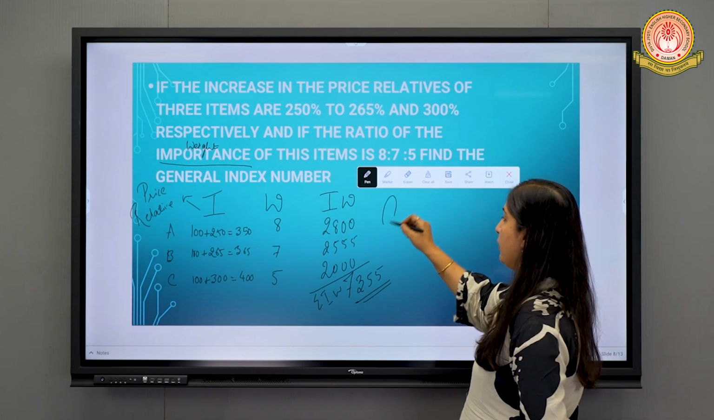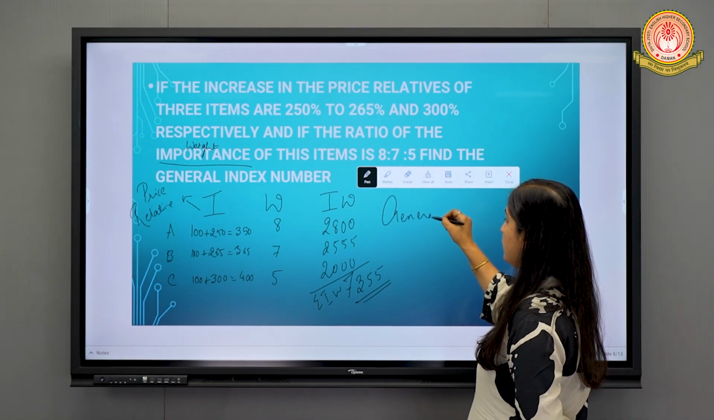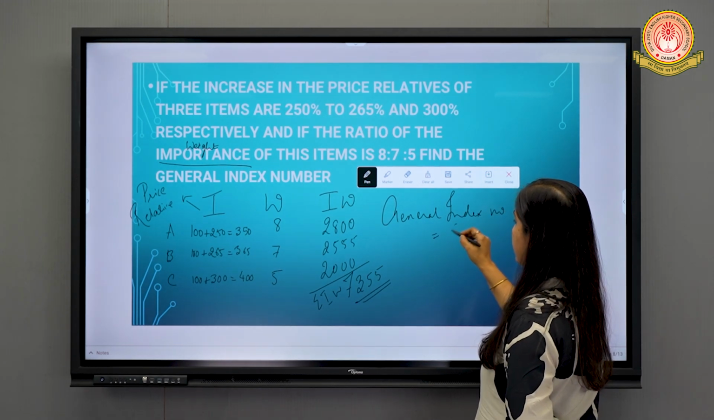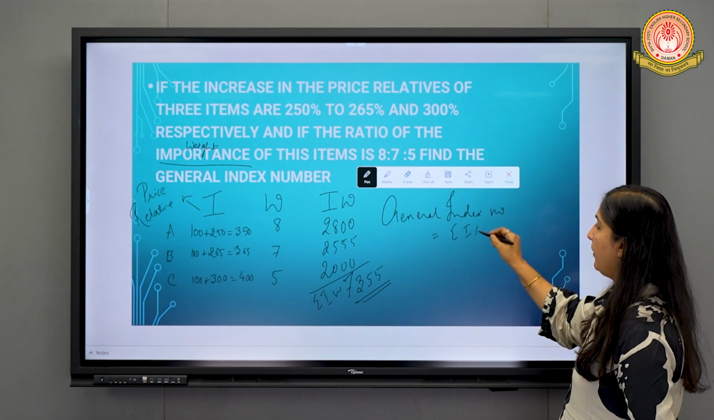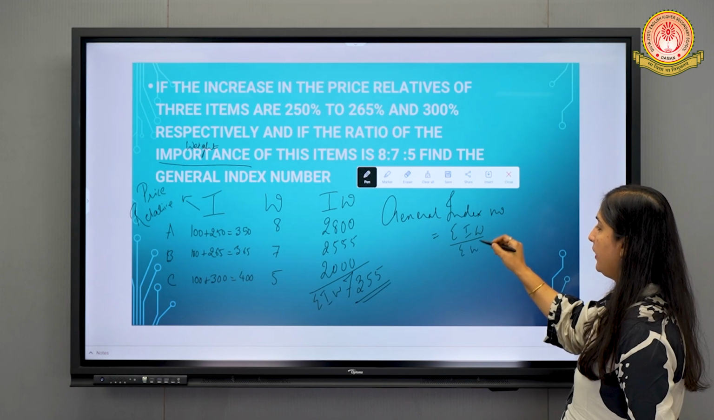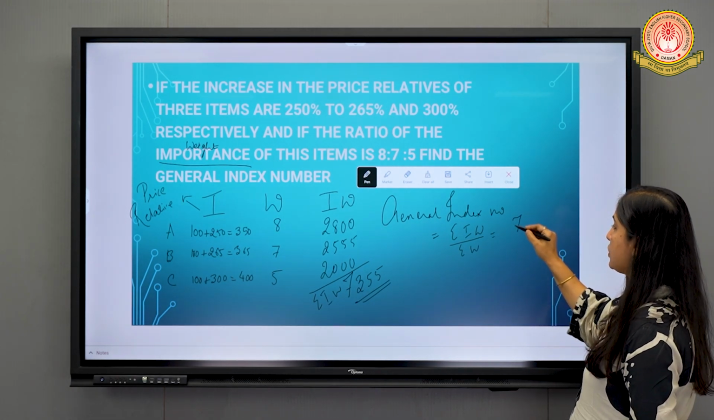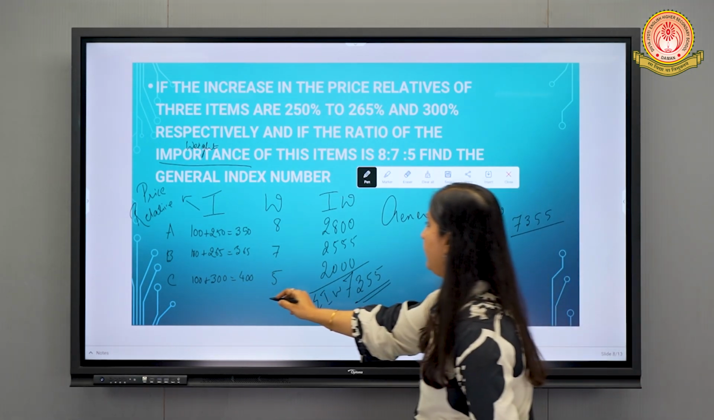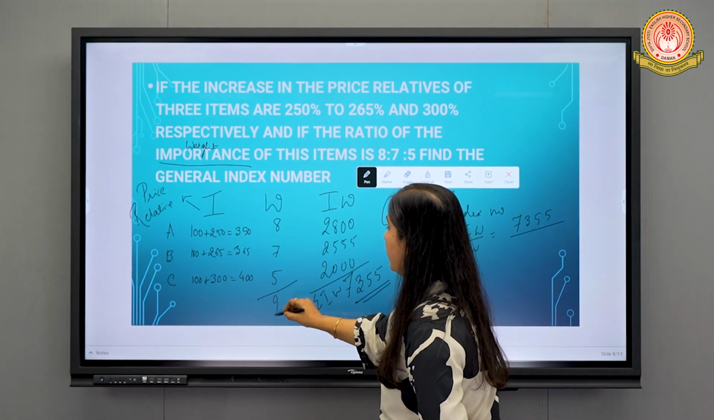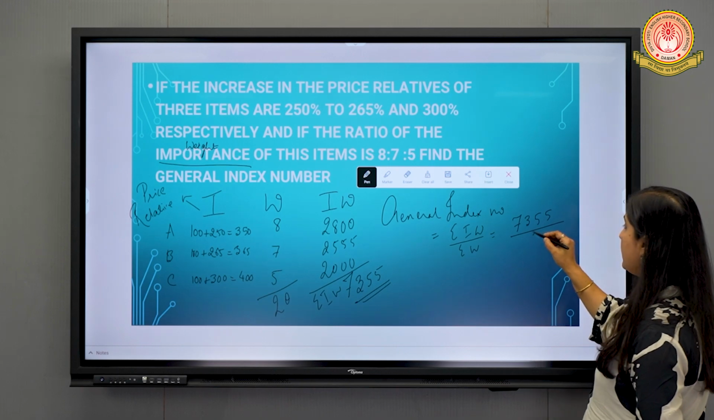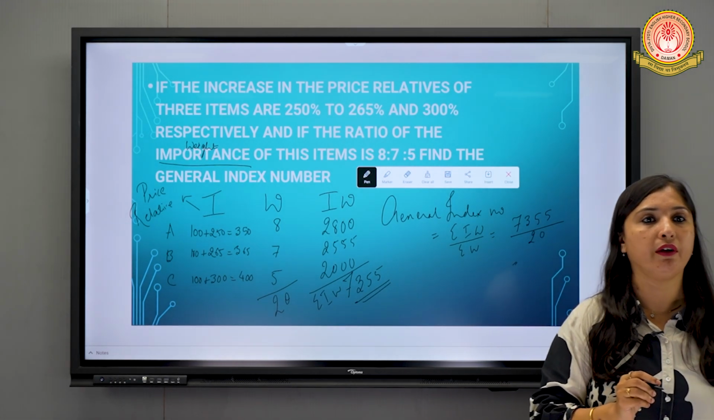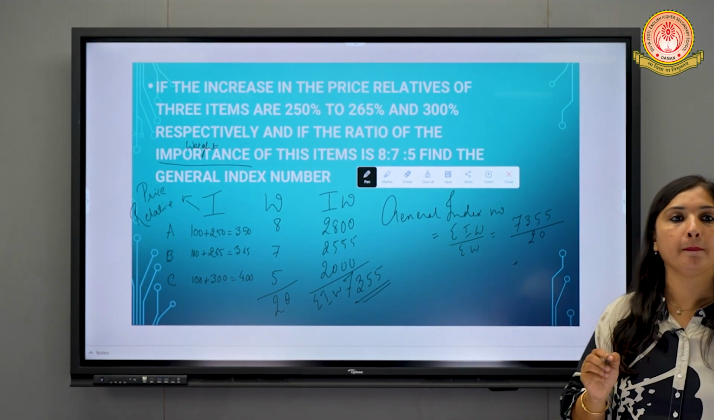General index number, the formula of general index number is equal to sigma IW by sigma W. Okay, sigma IW is what? 7,355, and sigma W is what? 20. It is 20. So 7,355 will be divided by 20, and we get general index number as